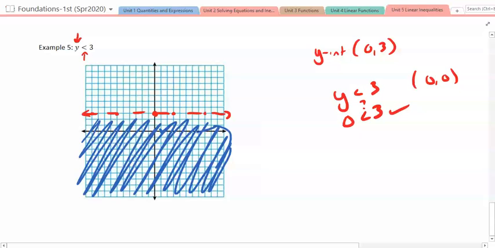So that is linear inequalities, graphing them. Look through these examples. There are 12 problems in the assignment for today. Pay attention to what type of inequality you're given. Pay attention to what steps you need to take to solve this. The word of the day is inequality. Again, the word of the day is inequality,